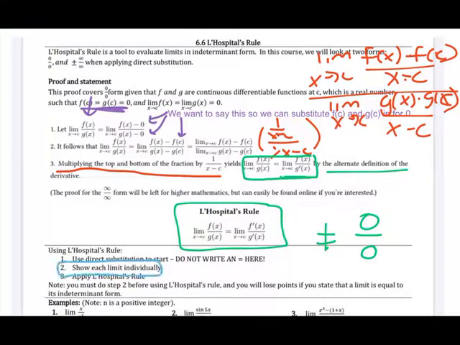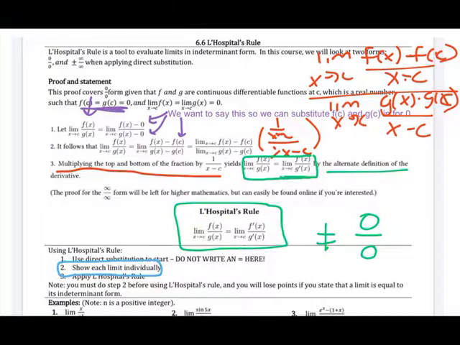I'm going to show you what that means, but you basically need to show that the limit as x approaches c of f of x is 0, and the limit as x approaches c of g of x is 0, which is what allows us to then take the derivatives and apply L'Hopital's rule. If you have to use L'Hopital's rule more than once, you have to show that conditions are met more than once. So really what we're going to do in the rest of these notes is work through